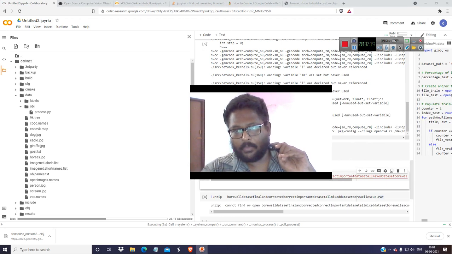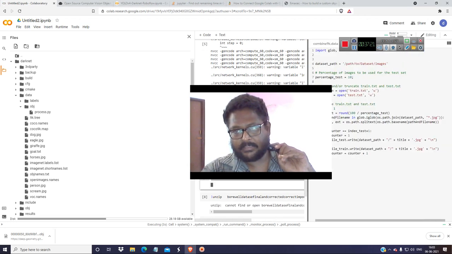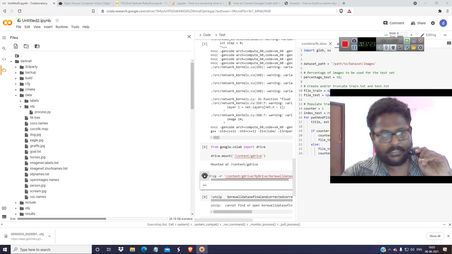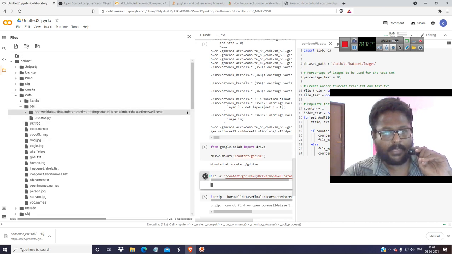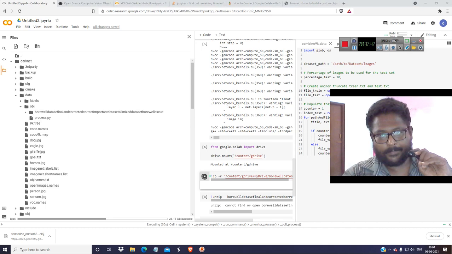So still now the process.py is with us. It's happy news. Okay, because after all the images are being copied, still the total thing is being copied. Okay, it's not a problem. We will just try to put all the images within this folder and we will try to make it. Okay, let it copy everything.